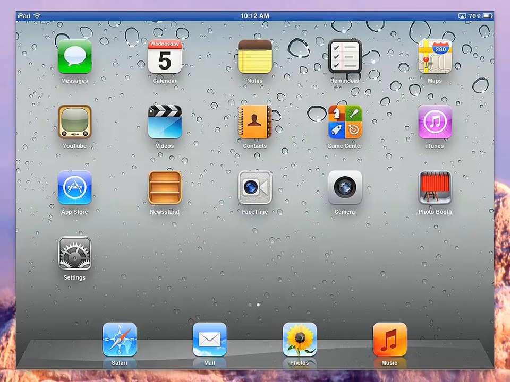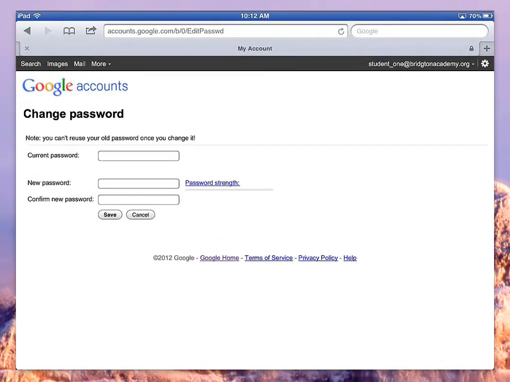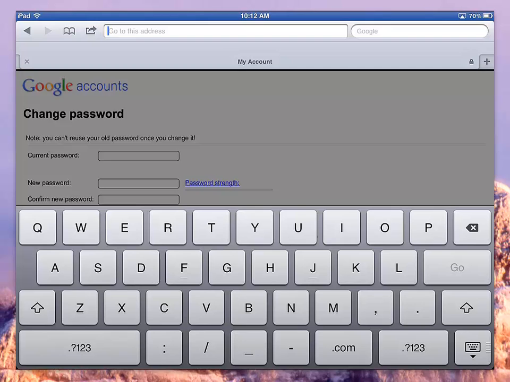Today I'm going to walk you through the steps to grab your app codes for the school-related apps that we've purchased for the students. First things first, we're going to open up Safari, and we're going to go to